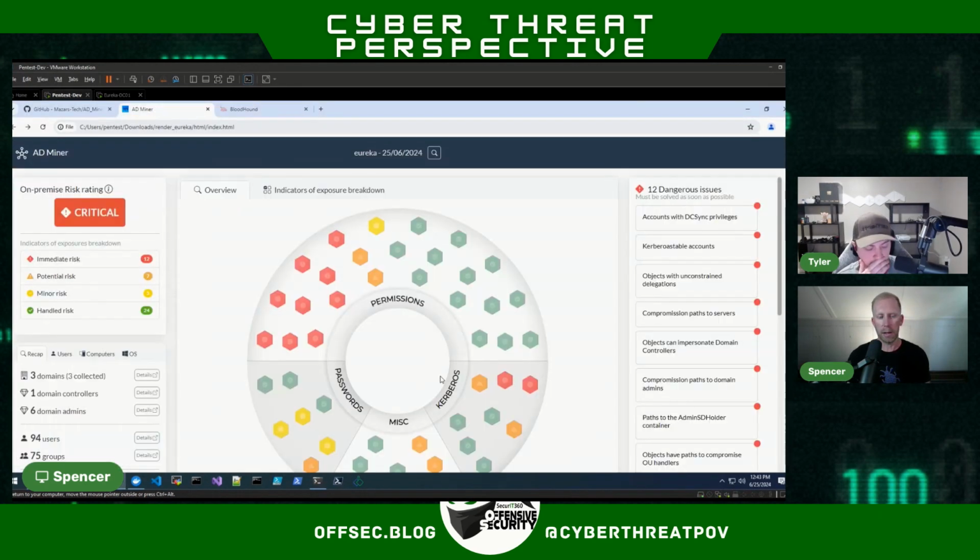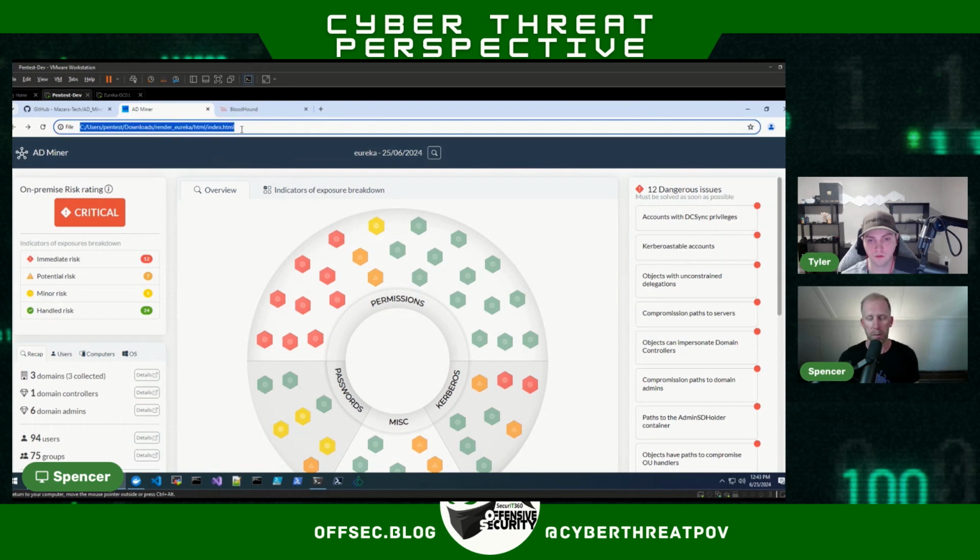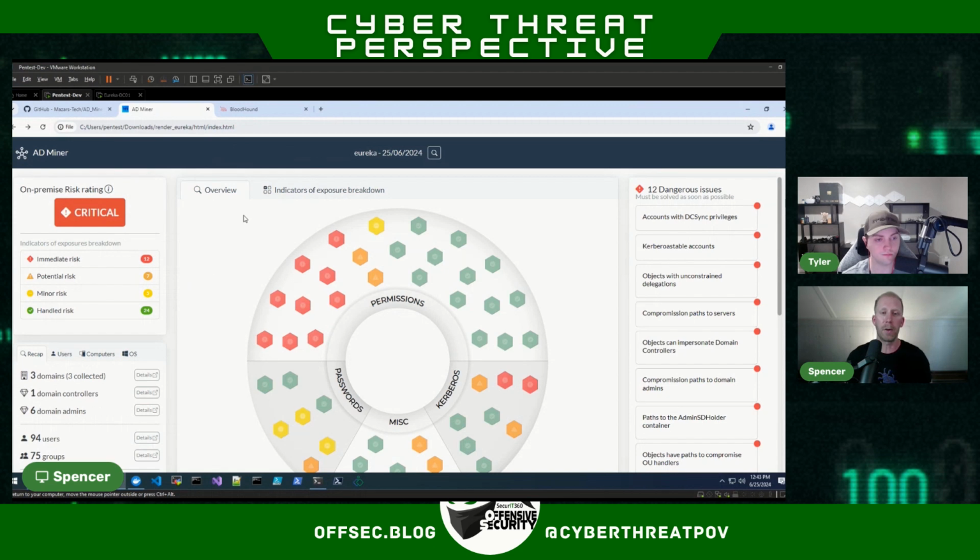And what you get is this pretty HTML chart, or report, if you will. So it's an HTML file. There's some JavaScript and CSS, obviously, to make it pretty. But it's nice because it's just an HTML report, so it's very responsive. You don't have to wait. Like with BloodHound, if you've got a big environment, you click on something, you've got to wait, and it takes a long time to render. With this, it's just an HTML report. So it's pretty cool. I'm just going to walk around a couple of the sections and show off some of the features that I think are neat.